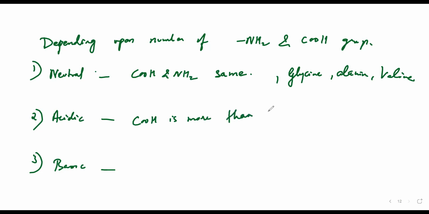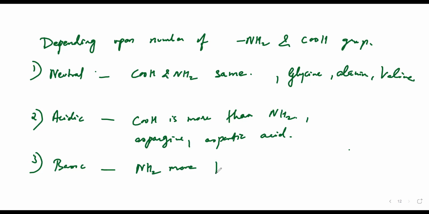For example, asparagine, aspartic acid, and so on. And basic is the opposite of acidic. So here NH2 will be more than COOH. For example,